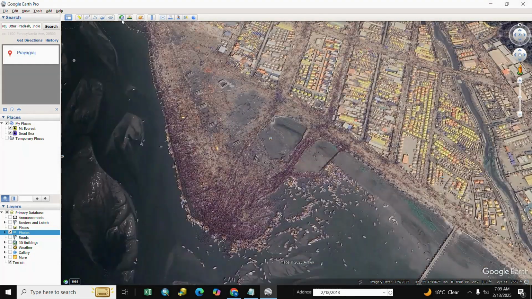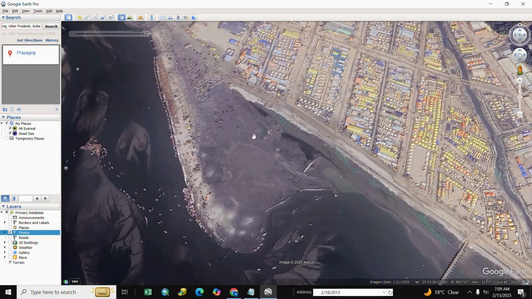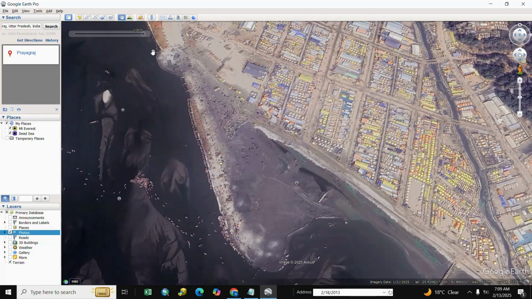We select here watch, and you see here ruler, its image. You see here its image downside, 21 January 2025, and we see the old image of this particular area.